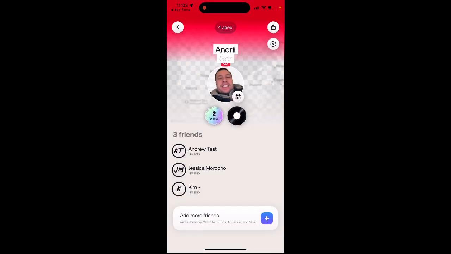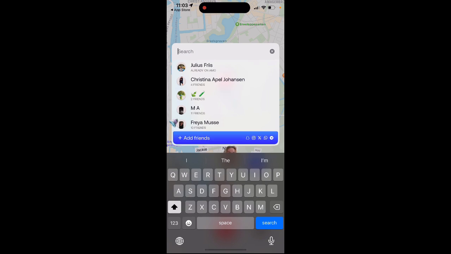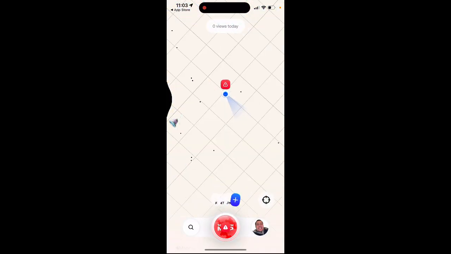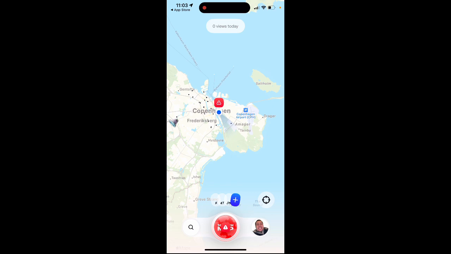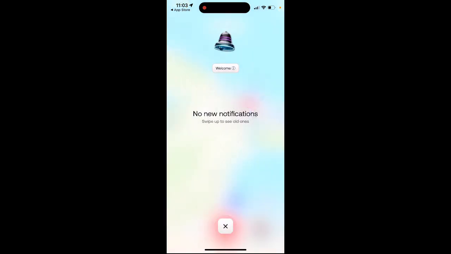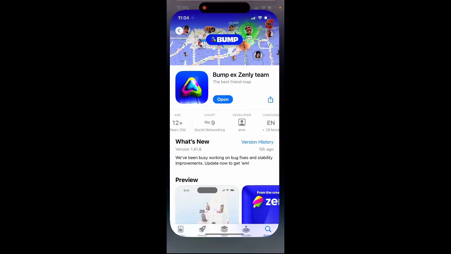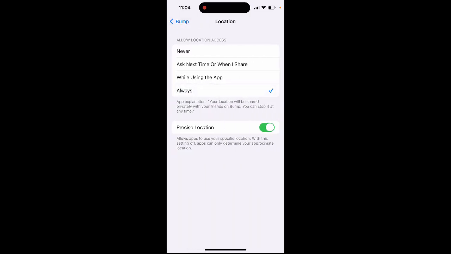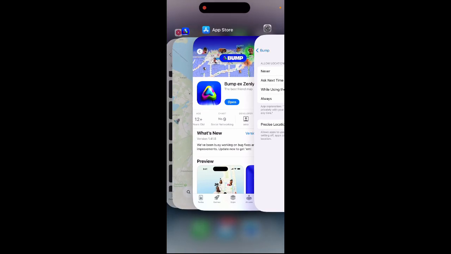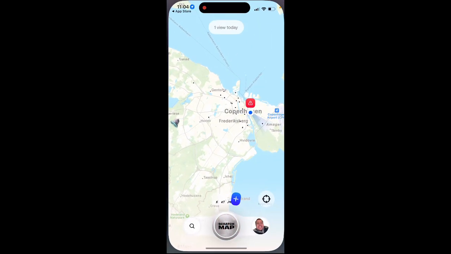So that's just what you have in here. Then you can just go and search and try to add friends. You can share the link on Snapchat, on WhatsApp. And that's basically the idea, how it works. This app has a lot of hidden features which you can explore, and so you can change location to always, and then when you open the app,